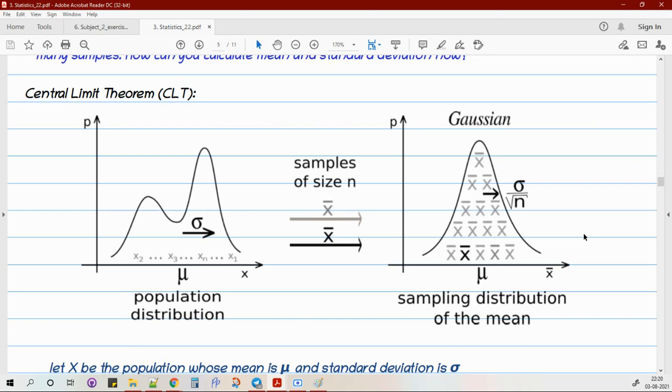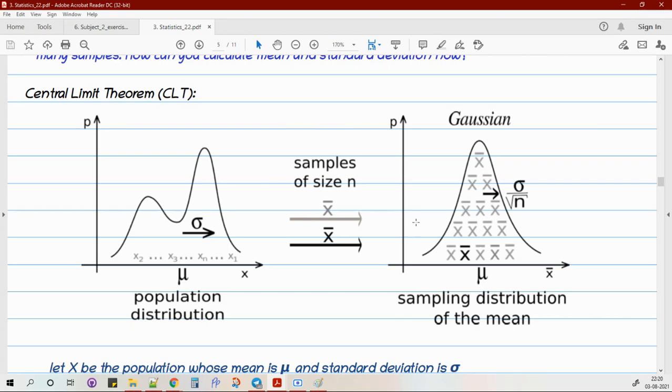So the more samples you take, and each sample should be of size 30 at least, the better your estimation would be. The main core of CLT is, if you take this kind of random sample and calculate the mean,